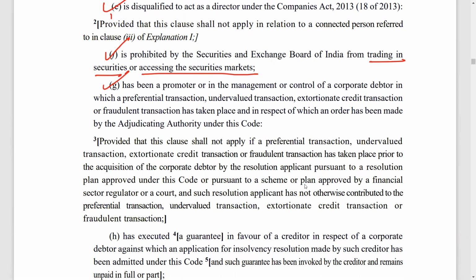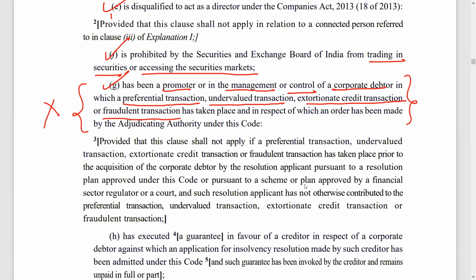Or if the person was a promoter or was in the management or control of the corporate debtor which was found to be involved in preferential transactions, undervalued transactions, extortionate credit transactions, or fraudulent transactions. So all these are avoidance transactions. So if the corporate debtor was found doing these transactions and you were the promoter of that corporate debtor, or you were in management or in control of that corporate debtor, in that case